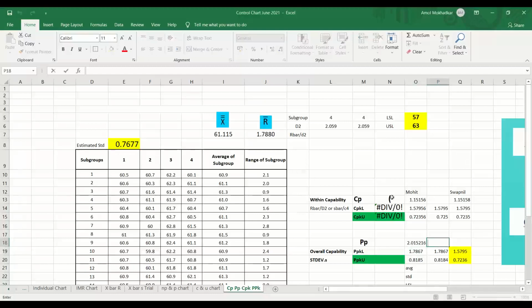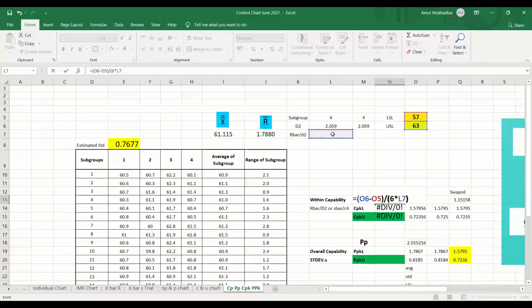Everybody can now concentrate here. CP is USL minus LSL divided by 6 times the standard deviation. For CP you will use the standard deviation drawn from R bar by D2.